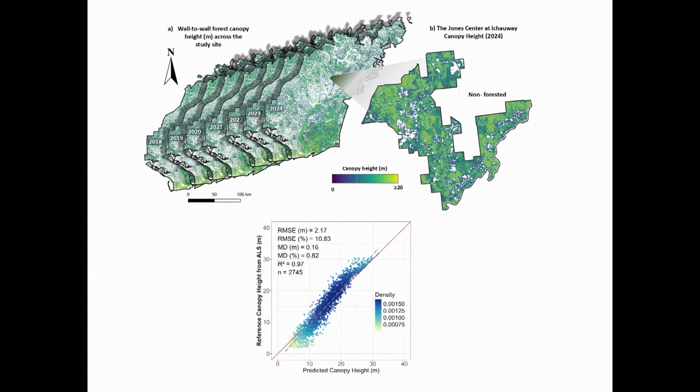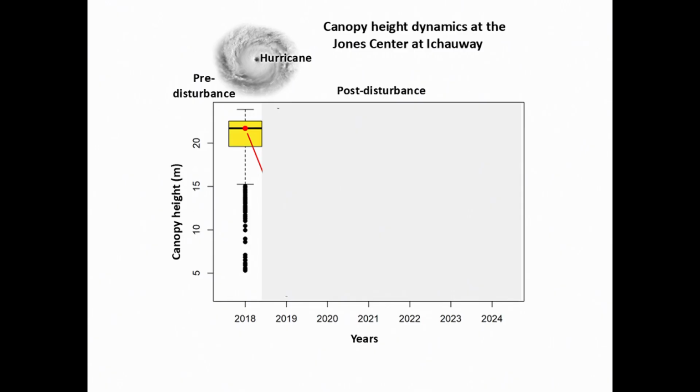Here's just a figure that illustrates our bootstrapping validation. We got R squared almost 0.97, RMSE about 10%, and bias really low, less than 1%. But of course, the project is still going. We want to validate in more areas. We are going to collect more lidar data to do an external validation as well. But with those products, we can start to see already the impact of the hurricanes.